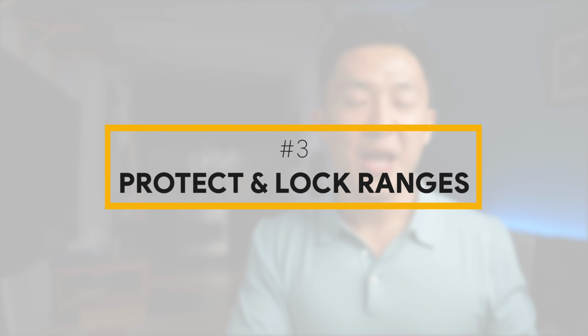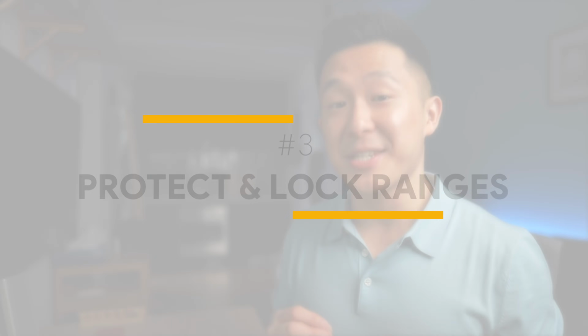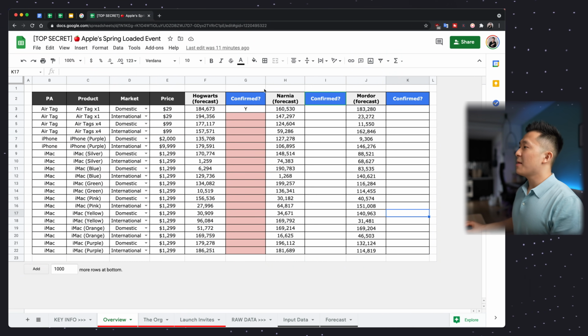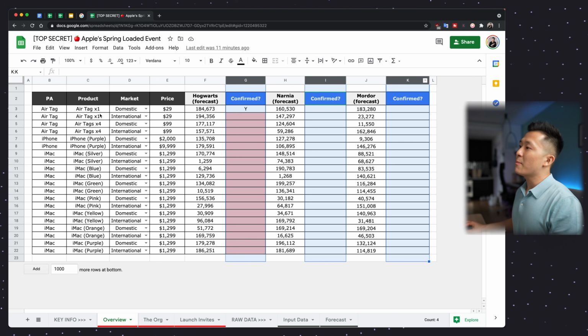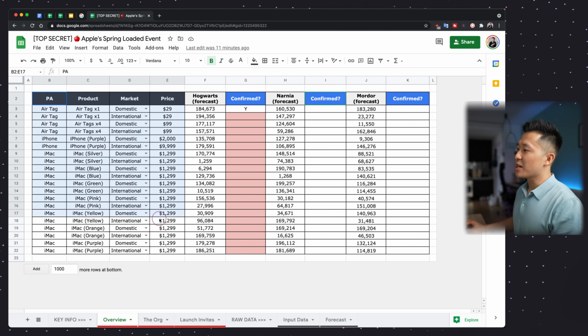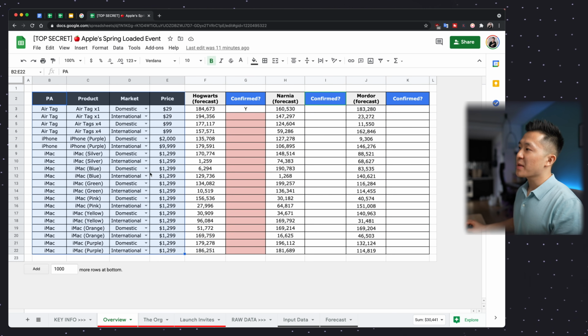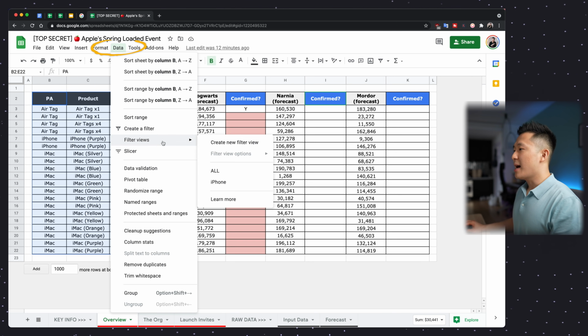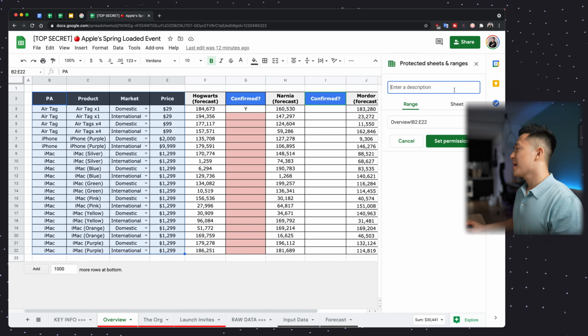The next productivity hack for Google Sheets is a control freak's best friend, and that is to lock a certain range within a tab so others can't make changes by mistake. Let's say 3 different teams need to come in and provide their input here, and I'm worried that they would actually edit these gray columns by mistake. What I can do is, with the gray columns highlighted, go to Data, Protected Sheets and Ranges.